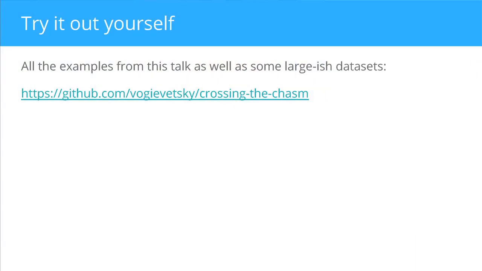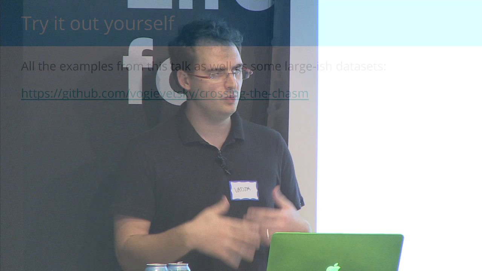You can try all of these examples out yourself and play around with a big data set. The exercise that you have to do if you want to really get this, and I've had several people do this, and all of them were like, oh my God, I get this at the end, is try to make a visualization on top of more data than you can load in the browser, and have that visualization be nested. You don't have to be creative here. You can just go to the D3 homepage and find some nested visualization and try to make that run on top of a big data set.